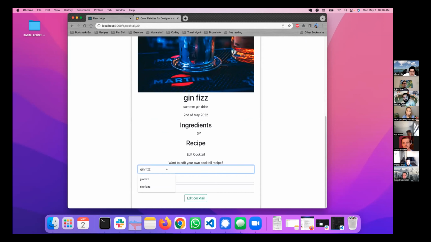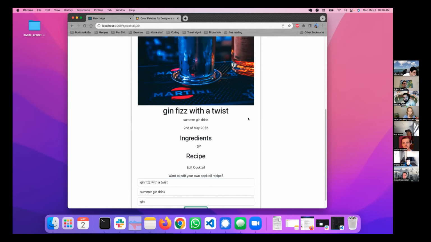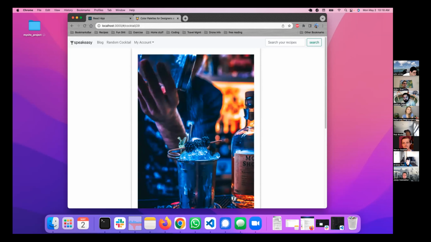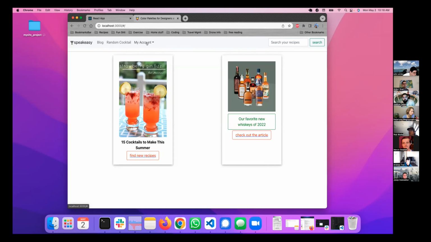And if you did want to improve on it with a twist or something like that, you can edit that cocktail and it should update both on the front end and the back end. You can obviously log out, and then lastly, delete the account, which I didn't know how relevant that is, but I guess there are some accounts where you can deactivate or actually